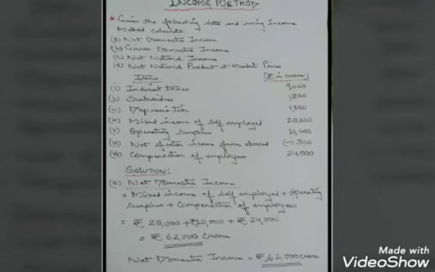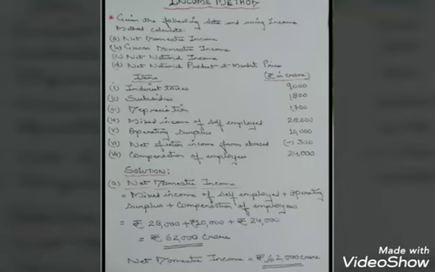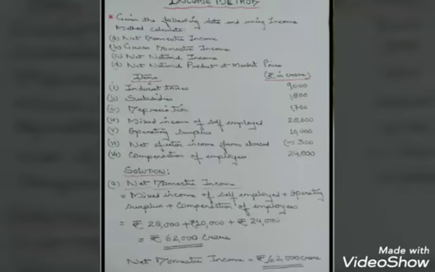Now children, you need to keep in mind that the very first thing you need to find out is net domestic income. Now to find out the net domestic income from the given items, quickly select which are the things you are supposed to include. You already know that you are supposed to take the mixed income of self-employed over here. Then of course you need to take the second thing, operating surplus, and then the compensation of employees. When you add all these together, you get your net domestic income.